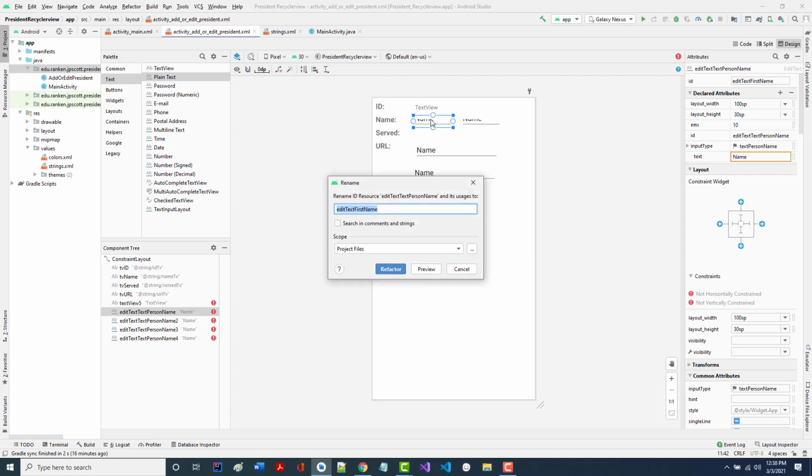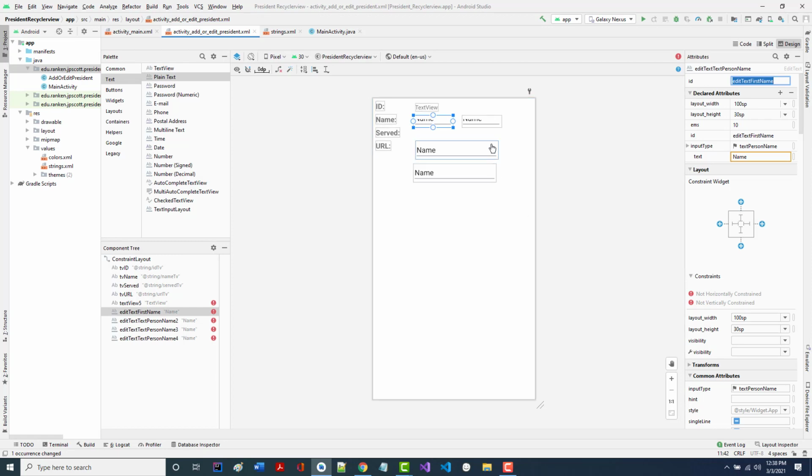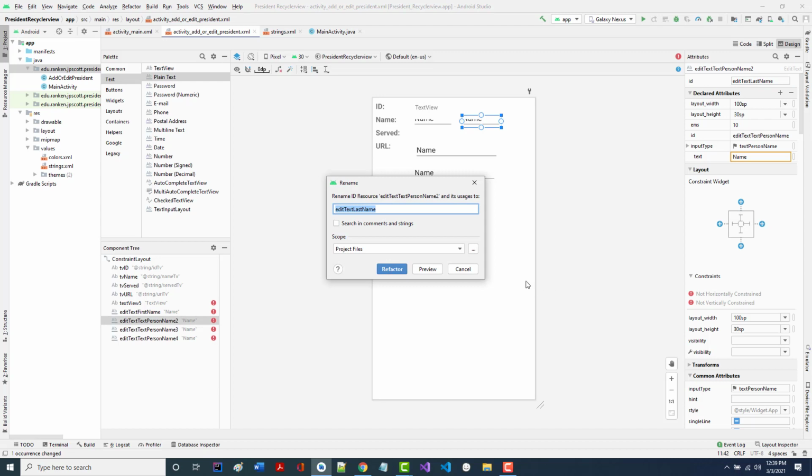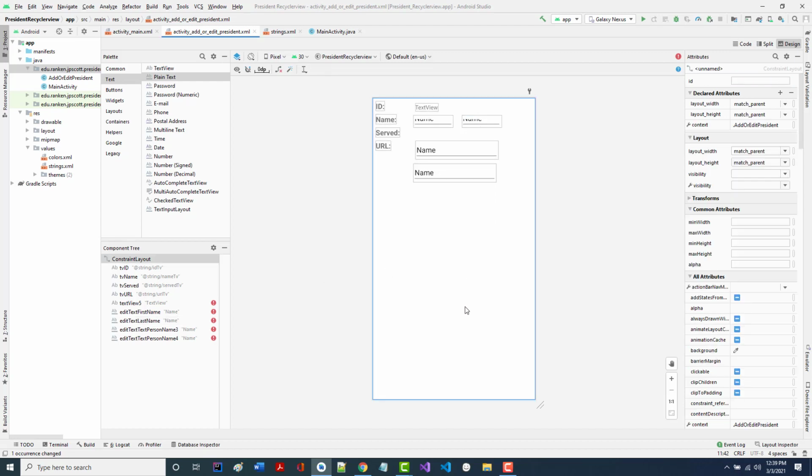Okay, right there. And yes, we'll refactor it. And this one will be edit text last name. All right. And again, we'll refactor it. Okay, so it's getting there, for lack of better words. Okay? All right. Before we set the constraints, which we're going to do next,